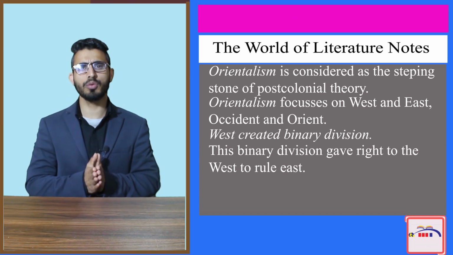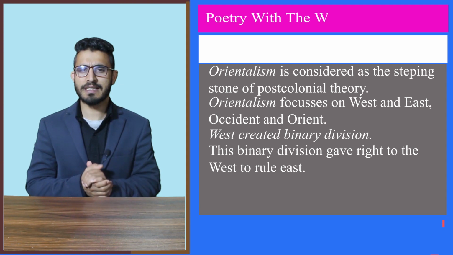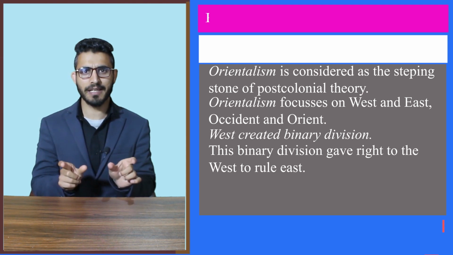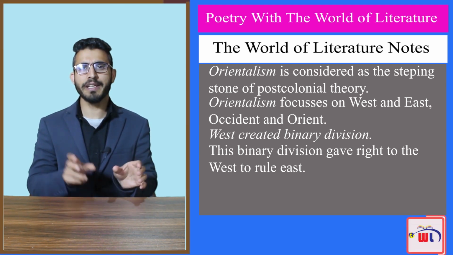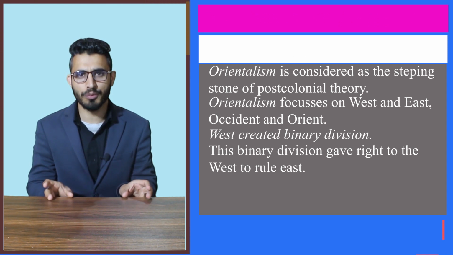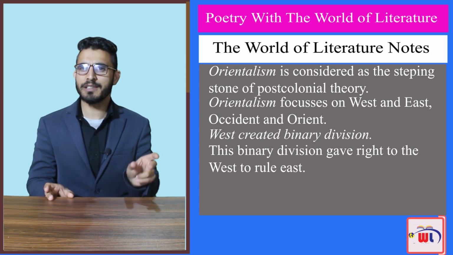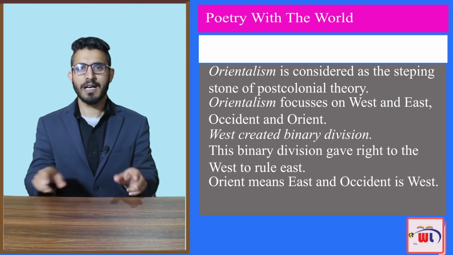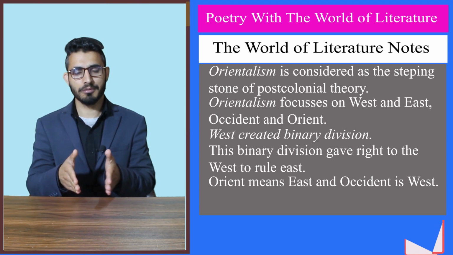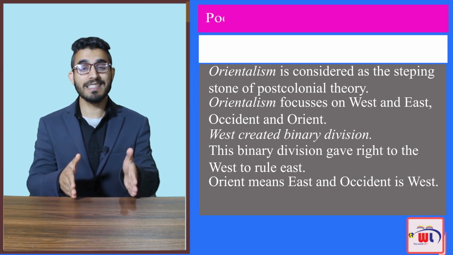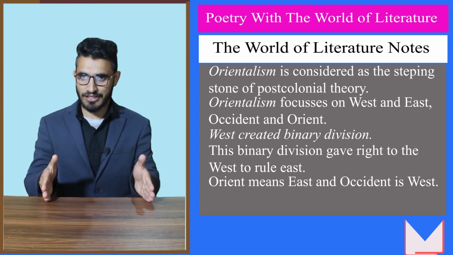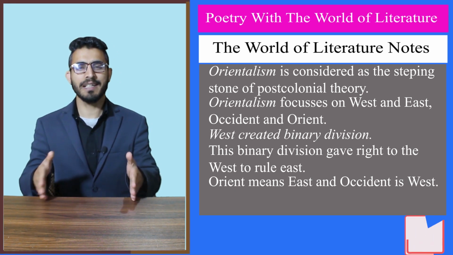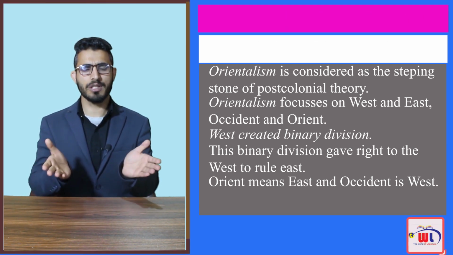The other aspect Edward Said talks about, well, two things that I would explain here before I take up the other point, are the Orient and the Occident. These are the two divisions Edward Said talks about. Orient means East, the people of the East, and Occident means West. The other division Edward Said implies is the self and the other. Self is the West and other is the East. And there are many phrases which have been used about them. For example,